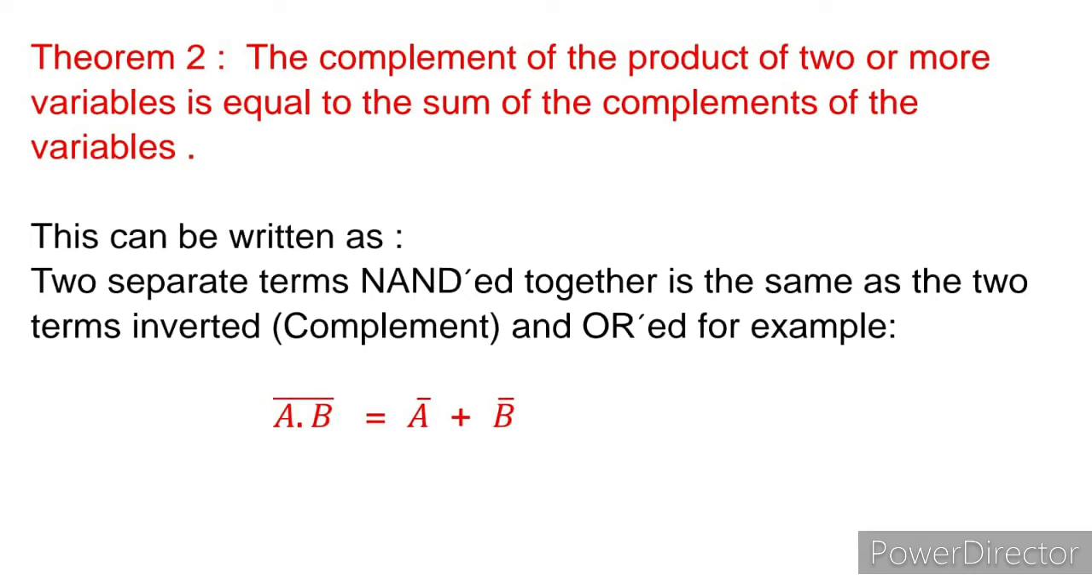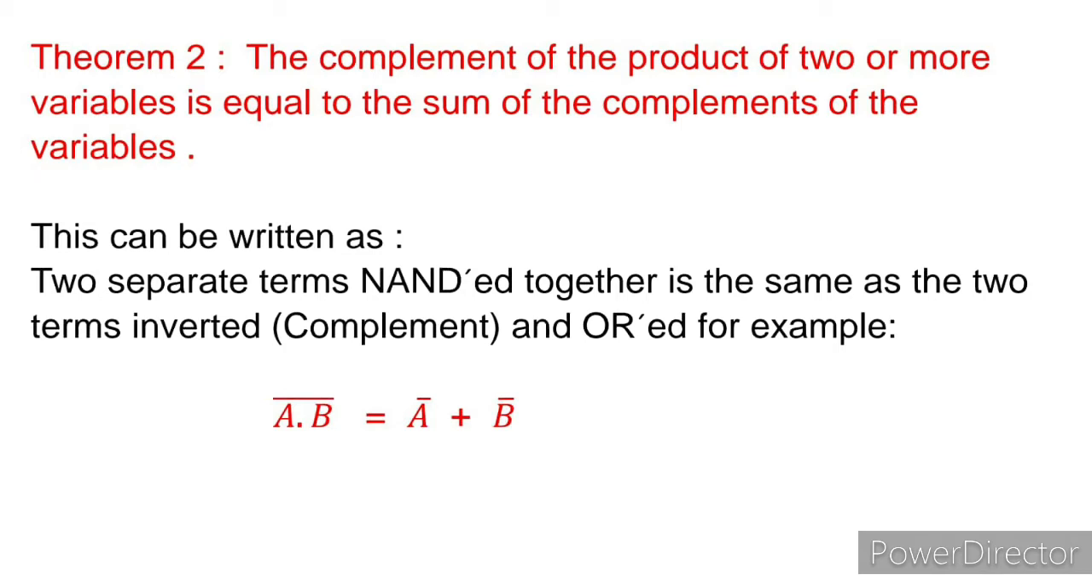Theorem 2: The complement of the product of two or more variables is equal to the sum of the complements of the variables. It means in the first case you get a plus and find multiplication, and in the second theorem you get a dot, meaning product, and you find addition. This can be written as a NAND gate being the same as